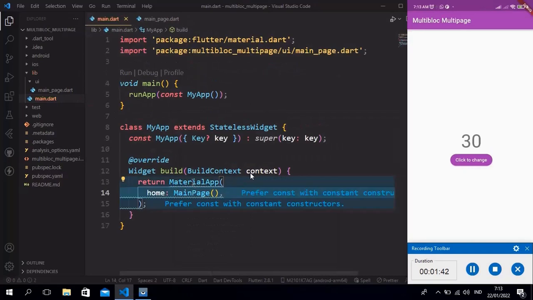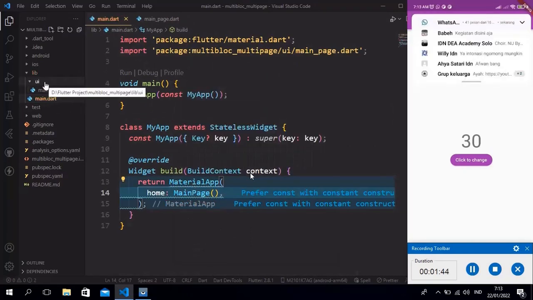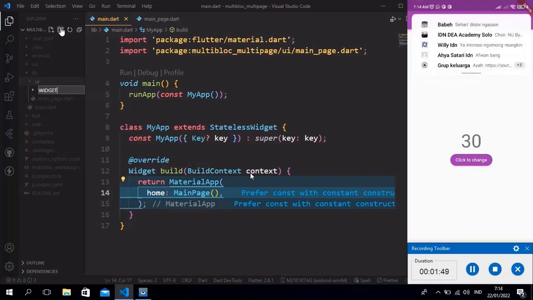We import the main page. We create the main page.